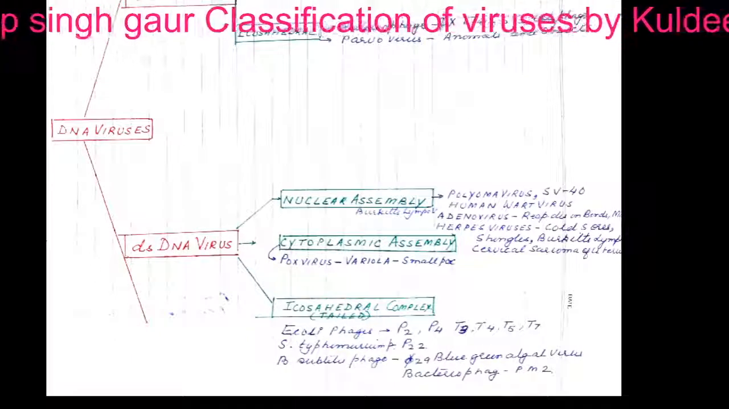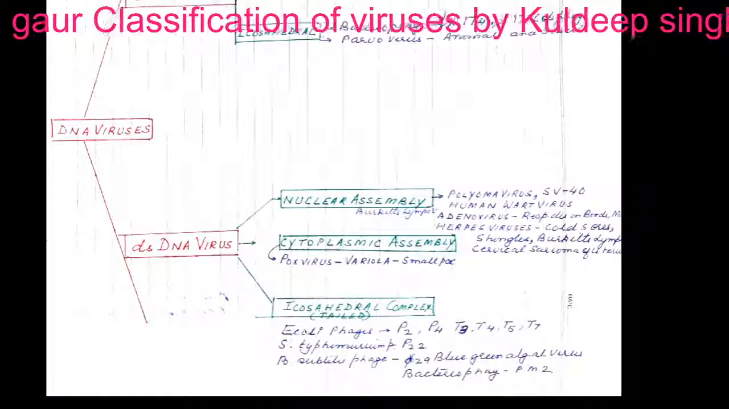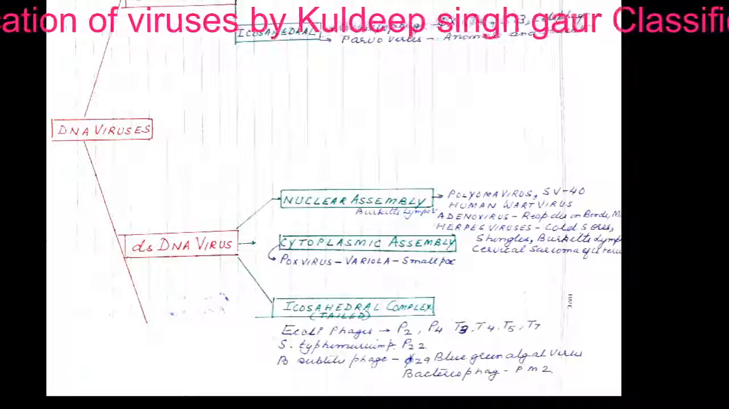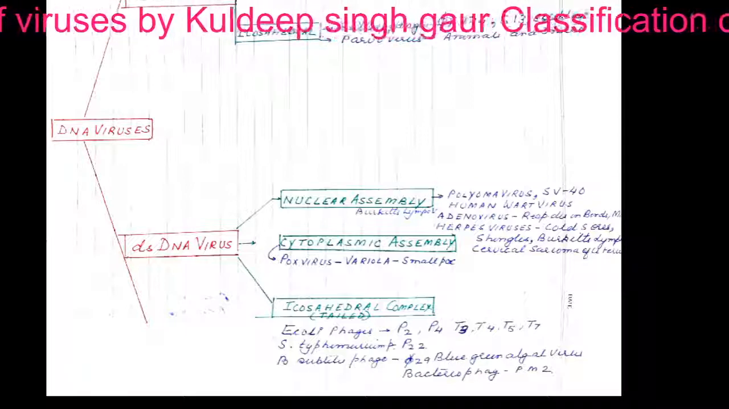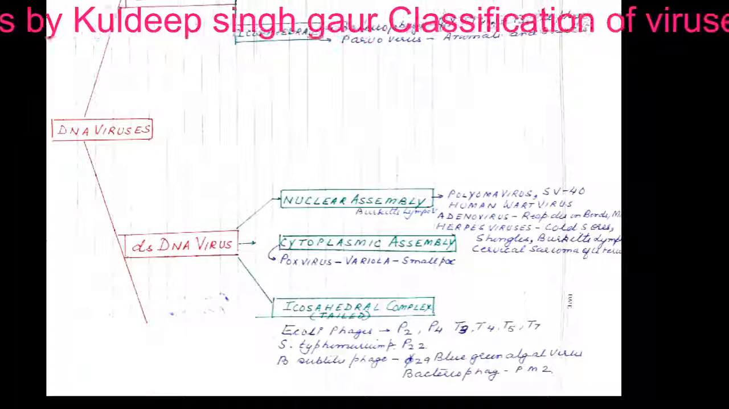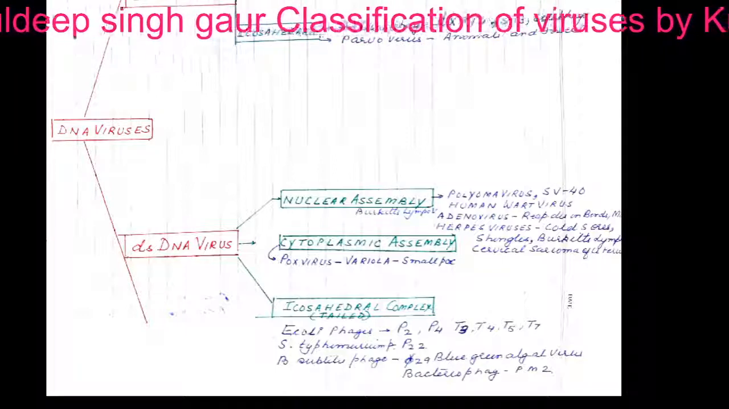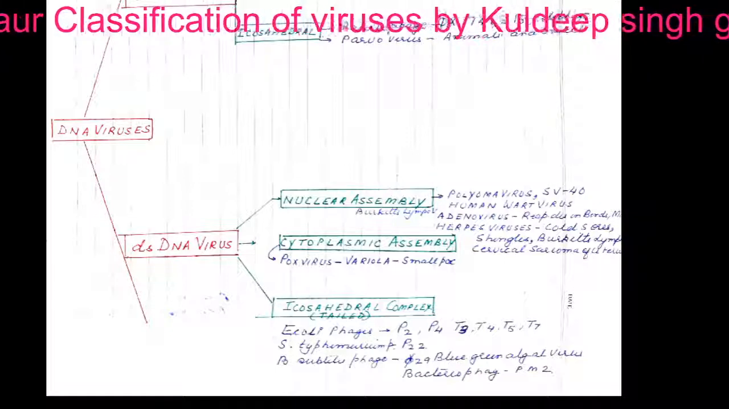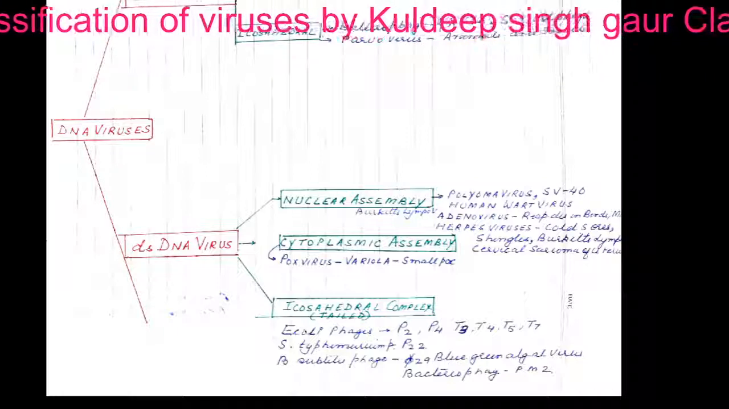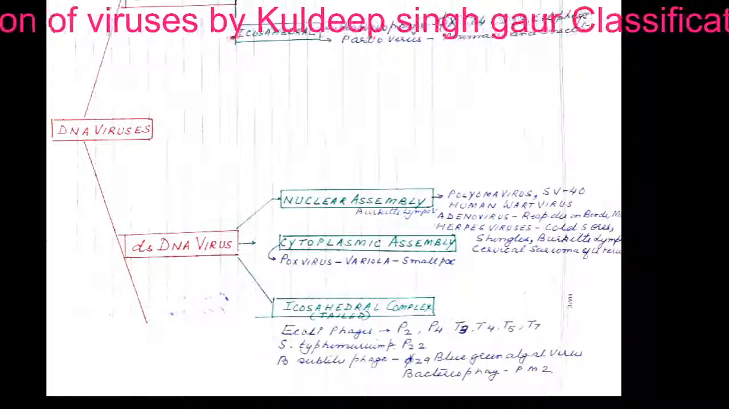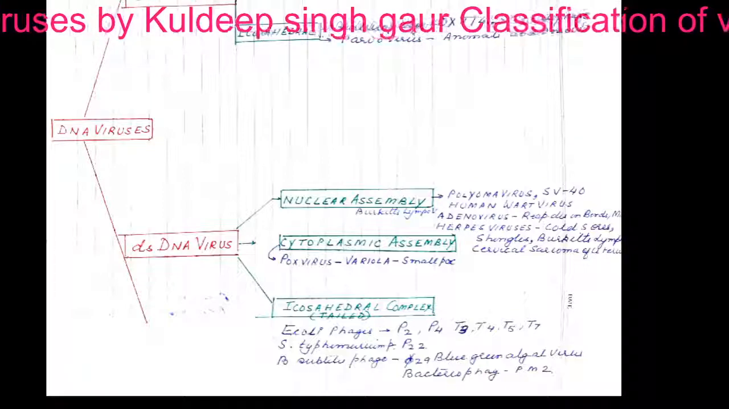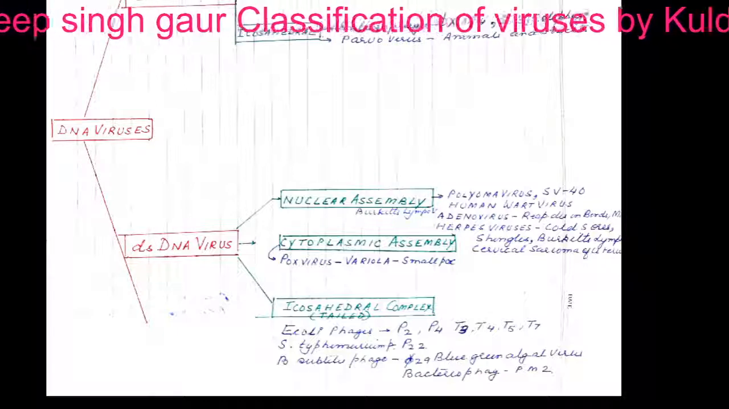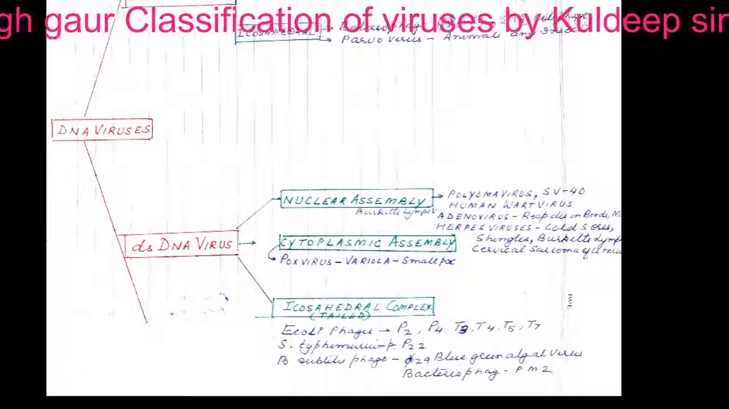Now come to the double-stranded DNA viruses. These include nuclear assembly viruses, which include polyomavirus, the SV40, human wart virus, adenovirus, which causes respiratory diseases in birds and mammals, and herpesvirus, which causes cold sores, shingles, Burkitt's lymphoma, and cervical sarcoma of uterus. Those having cytoplasmic assembly are poxvirus, variola, causing smallpox, and the icosahedral symmetry